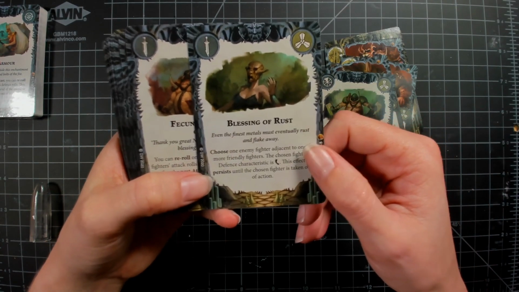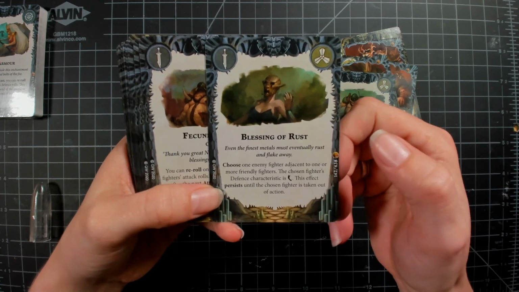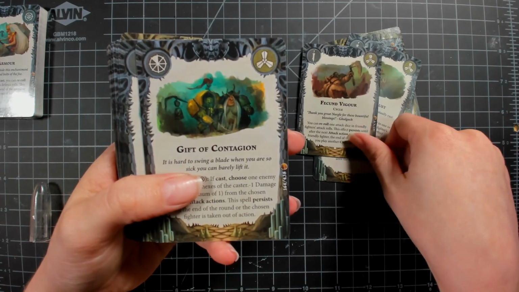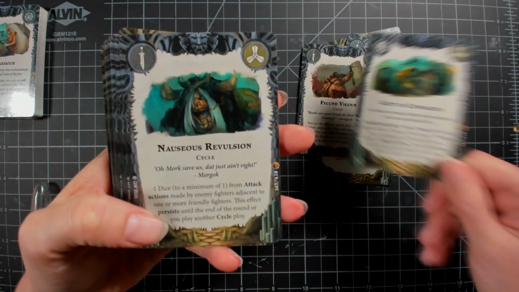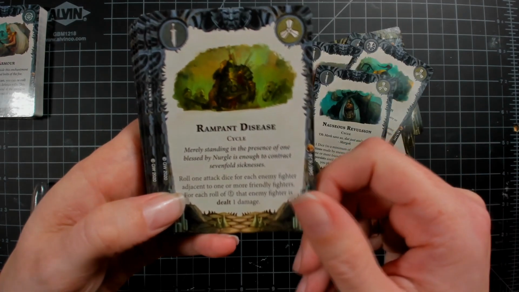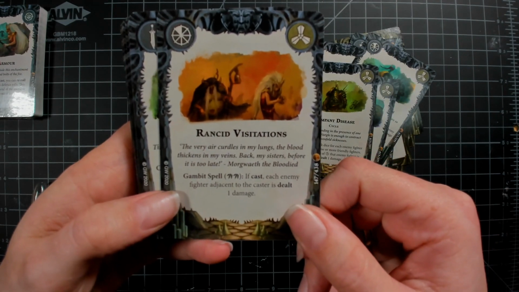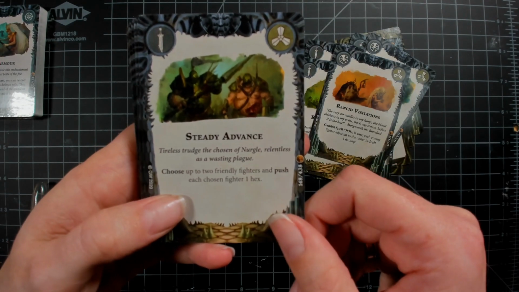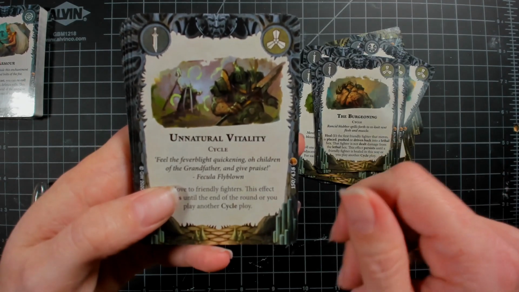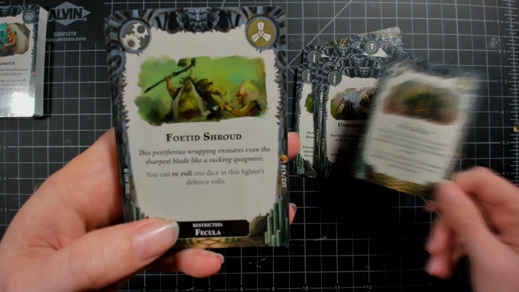Blessing of Rust. So I won't read through all of these, that would probably end up being a very long video, but I'll read the titles of them. So Blessing of Rust, Flutioned Vigor, Gift of Contagion, Nauseous Revulsion, Rampant Disease, Rancid Visitations, Steady Advance, Begrudging, Unnaturally Vital, Fly Swarm, Fortitude Shroud,